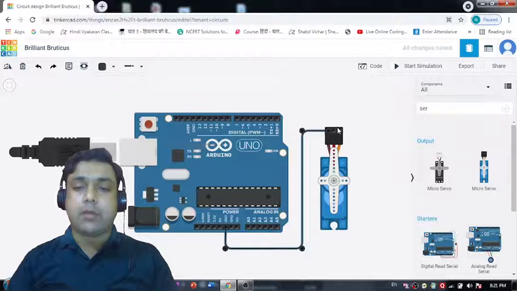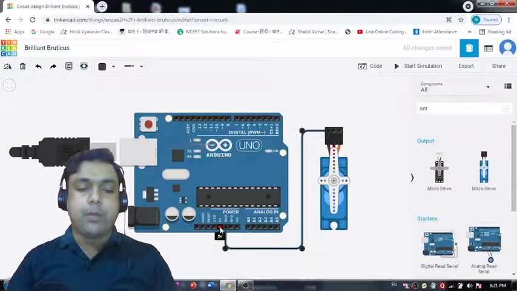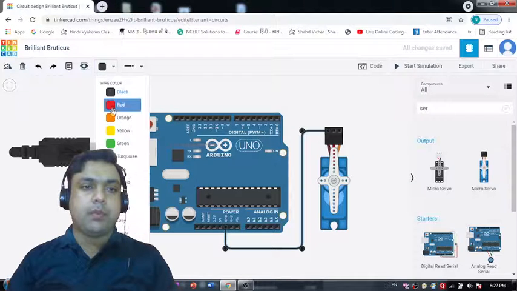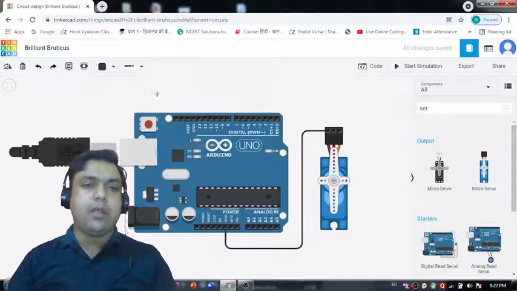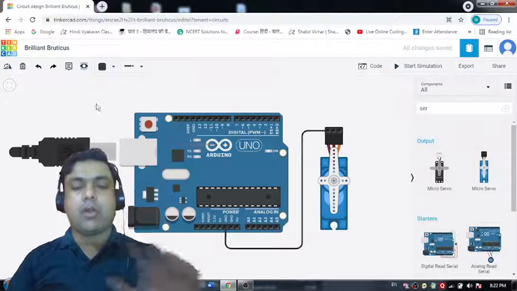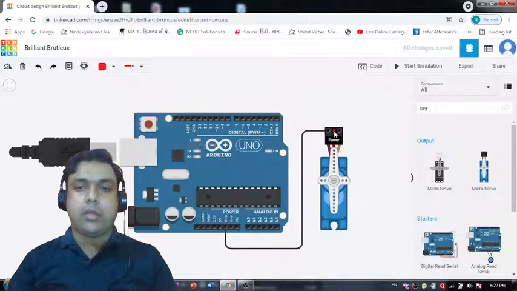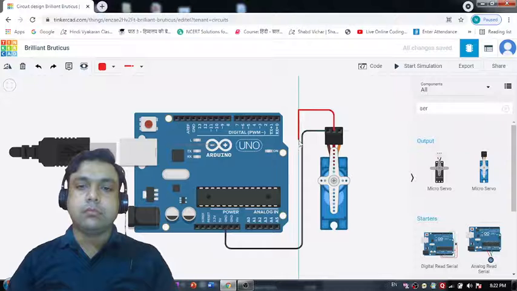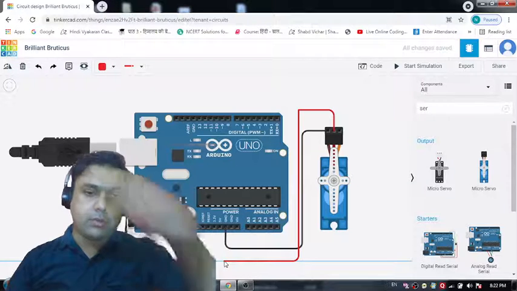Okay, now the next thing that we have to do is connect this power point with this 5 volt point of the servo pin. So we can simply use this red color wire, not for this one. We need to deselect this wire first. How can we do that? We can simply click anywhere on this environment and automatically the wire will be deselected. Let's now select this red color wire, and I would like to connect this power pin to the 5-volt pin of the Arduino Uno R3 board. So there it is.